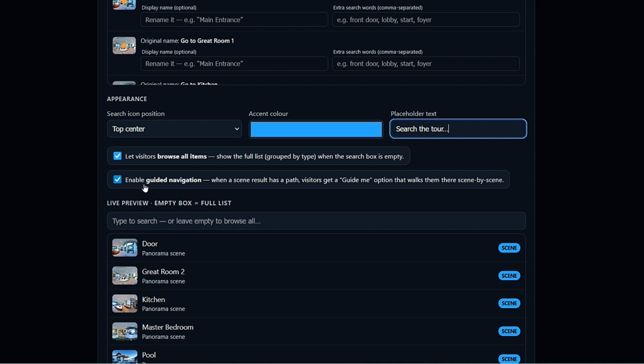This software intelligently identifies all of these navigation paths. And if you ensure that this checkbox is enabled, the user can manually select the guided navigation feature from the menu, and your virtual tour will automatically follow that designated path and take the user directly to the final point or intended destination.